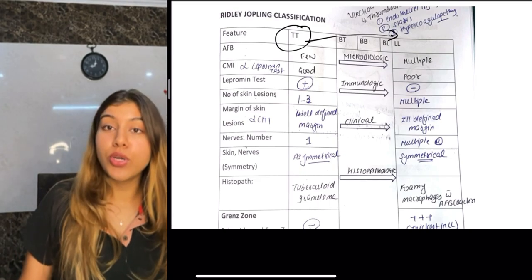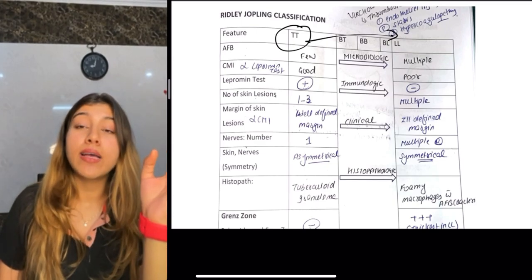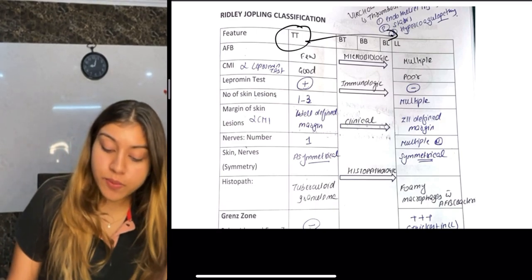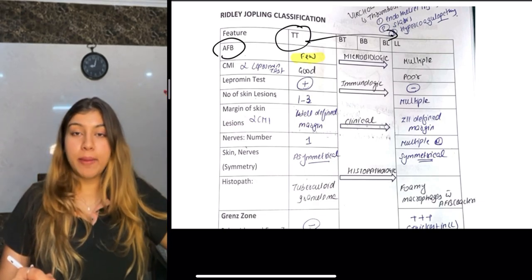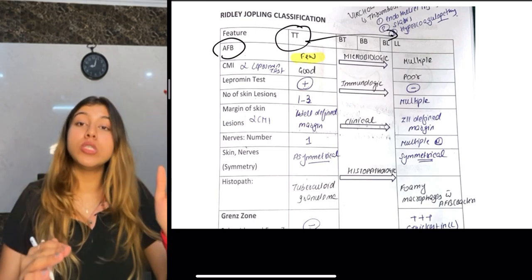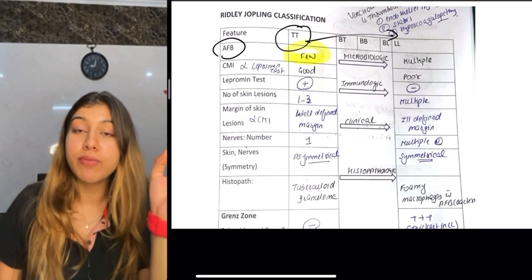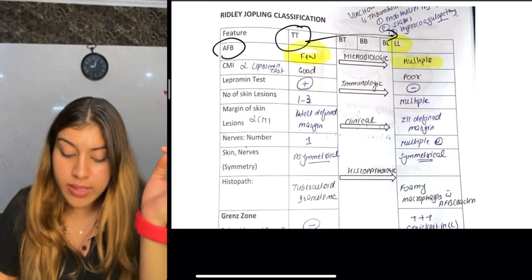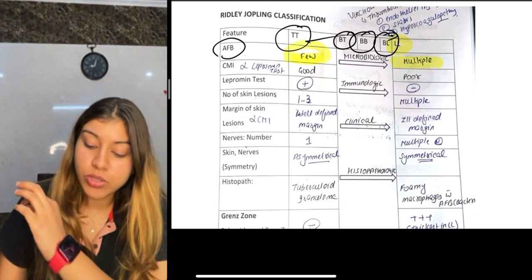First, we're going to talk on the basis of acid-fast bacilli. Your tuberculoid type, as we mentioned earlier, is a good type. It has a good course, so the acid-fast bacilli over here are going to be few. Whereas lepromatous leprosy will have a poor course. That is why we're going from one good spectrum to the bad spectrum. So common sense tells me there are going to be few acid-fast bacilli in tuberculoid, and in lepromatous leprosy it is going to be multiple. Whereas borderline tuberculoid and borderline lepromatous will be determined on the basis of microbiology.